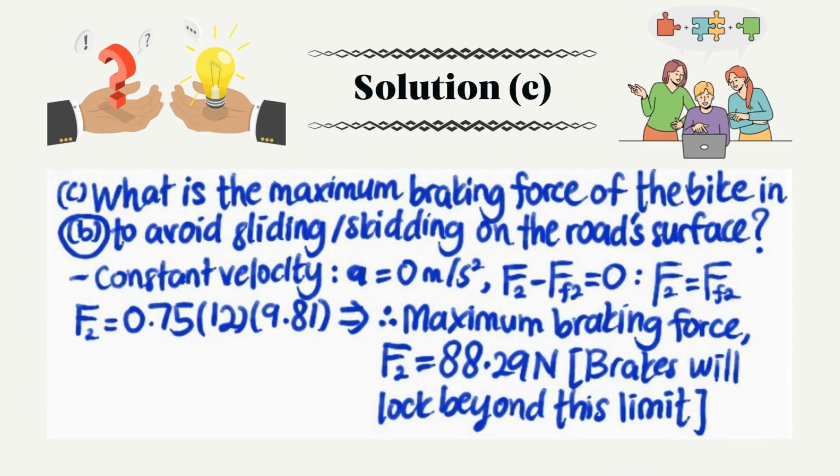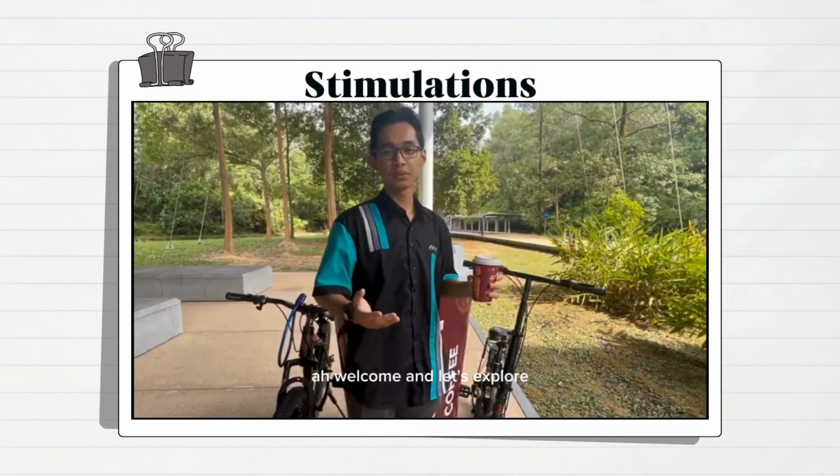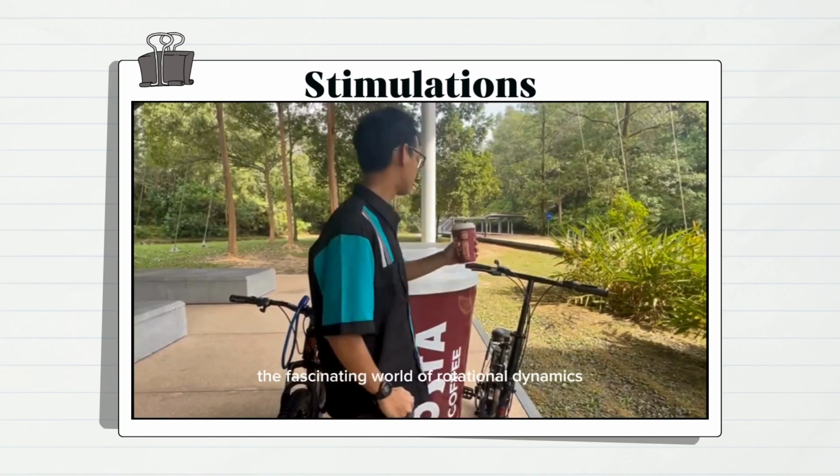Now we need to determine what is the maximum braking force of that bicycle in order to avoid sliding or skidding on the road. To determine that, we know that the bicycle is travelling at a constant speed, which means that there is no acceleration. Therefore, we can conclude that the braking force is equal to the friction force. And to find the braking force, we need to just find